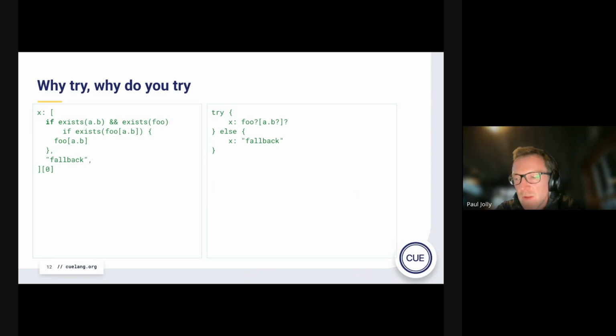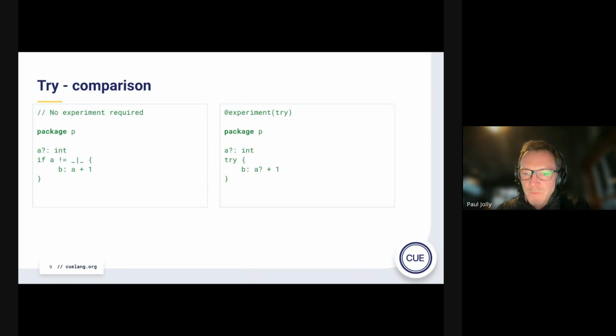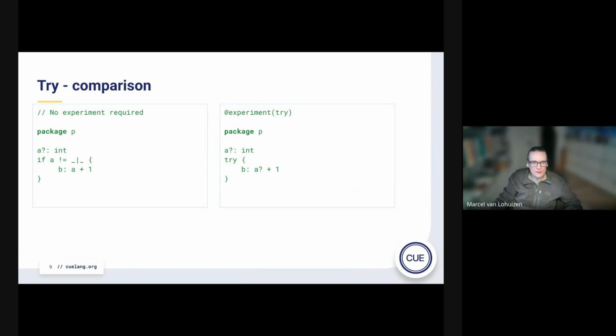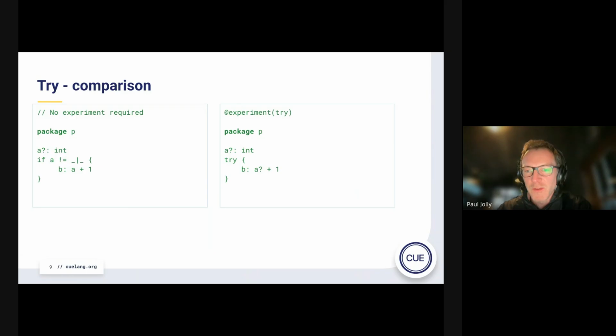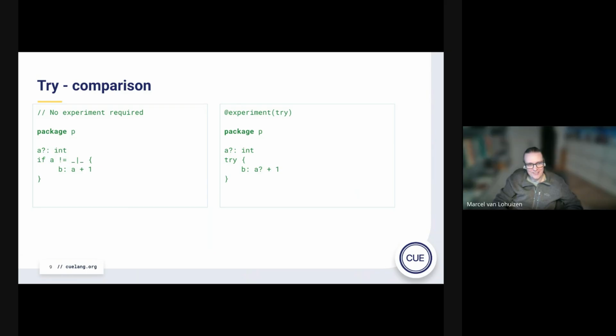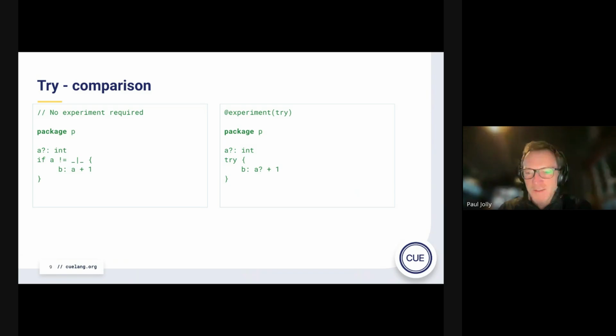Hacking on this stuff in the playground is highly encouraged, and sharing ideas. As Marcel suggested earlier on, if you write something and you think this should work from my perspective and it doesn't, that kind of feedback is also really useful. As in, I heard what you said, I tried this, and it didn't work. You need the experiment. Yeah, this is the experiment attribute to try it. Yes, trying of try is very much encouraged. Sorry, trying. Oh, goodness. Quick, someone ask another question.